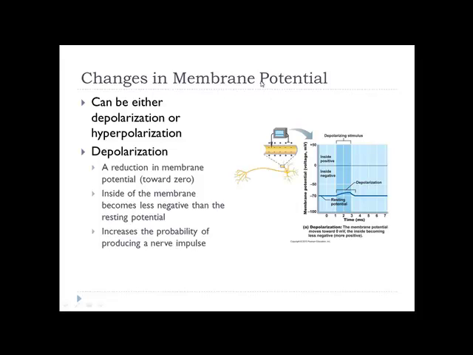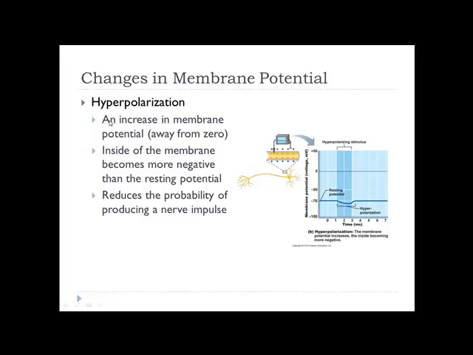So with our changes in membrane potential, there's some different stuff that can happen. There's depolarization, there's repolarization, and there's hyperpolarization. Depolarization means that sodium is usually flowing into the cell, and the charge, or the voltage, will become more positive. Repolarization is moving back towards our negative 70 millivolts resting potential, and hyperpolarization is going more negative than the resting potential. So hyperpolarization, an increase in membrane potential away from 0. So we're going away from 0. Alright, it's past our midline.